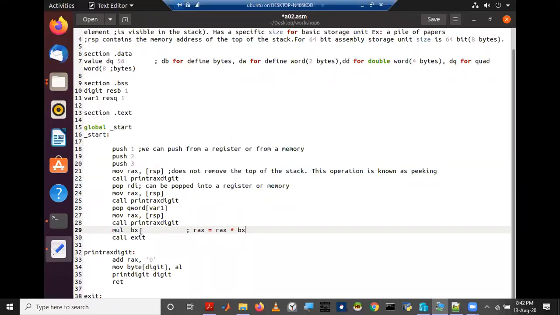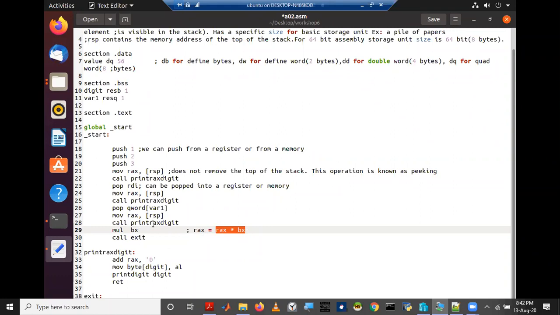So we pass a register or a memory address, or a value in memory, here. What it will do is multiply the value that we provide here by the value in the RAX register and store the result in the RAX register.